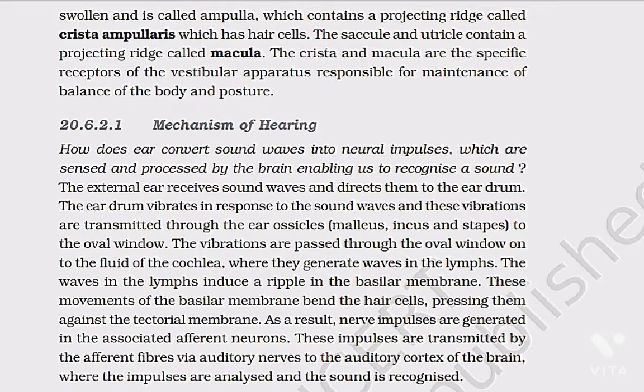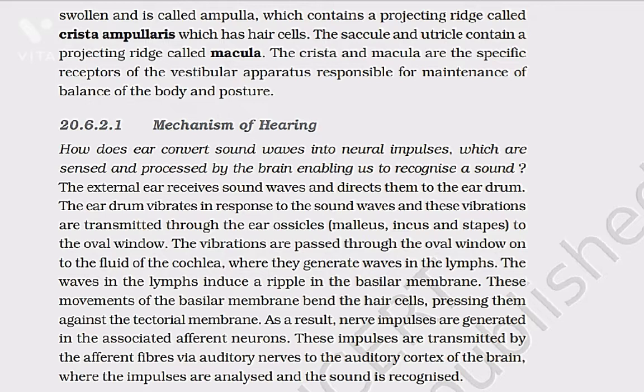21.6.2.1 Mechanism of hearing. How does the ear convert sound waves into neural impulses, which are sensed and processed by the brain, enabling us to recognize the sound? The external ear receives sound waves and directs them to the eardrum. The eardrum vibrates